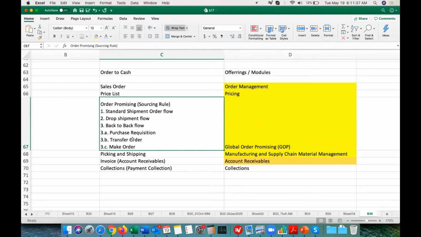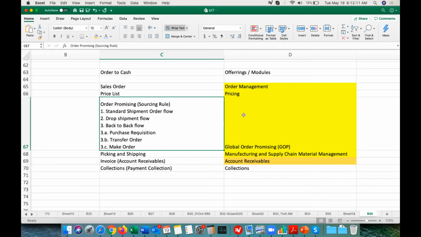Then you are getting that, and then you are imprinting your company logo, and then finally you will deliver it to your customer. So the items which cannot be directly shipped to the customer cannot use the drop shipment flow. They have to send to us, and then we have to do some pre-processing on that item, and only then can we deliver it to our customer. In such a case, we can do the back-to-back purchase requisition flow. Getting it? Okay. Fine.